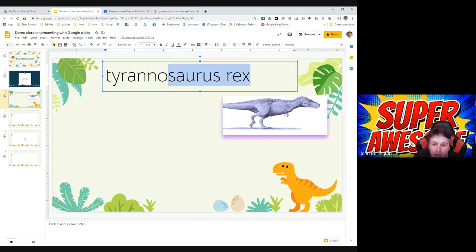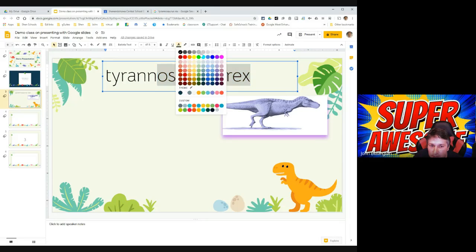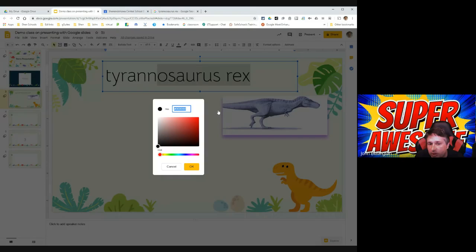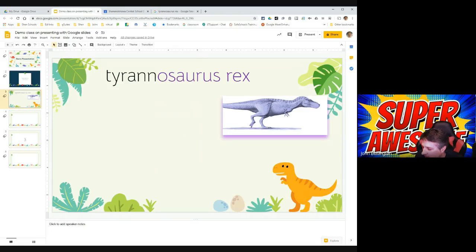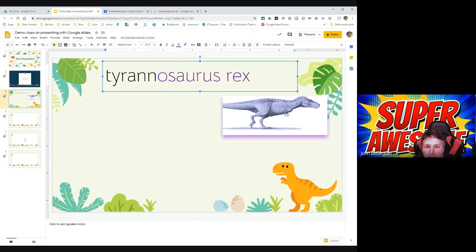So you can easily, just like in any other program, highlight text and change its color right here. Okay. Here's the colors that are part of the theme. So the shapes that are around the outside are made out of those colors. Here are the custom colors you might have created in the past, and clicking on this plus will bring you to a screen where you essentially get 16.9 million colors you can use. You slide this bar on the bottom, you then slide this dot up here, and it gives you the exact color you will be using. So I just changed half of that text to a different color just by selecting it and doing that. All right, so